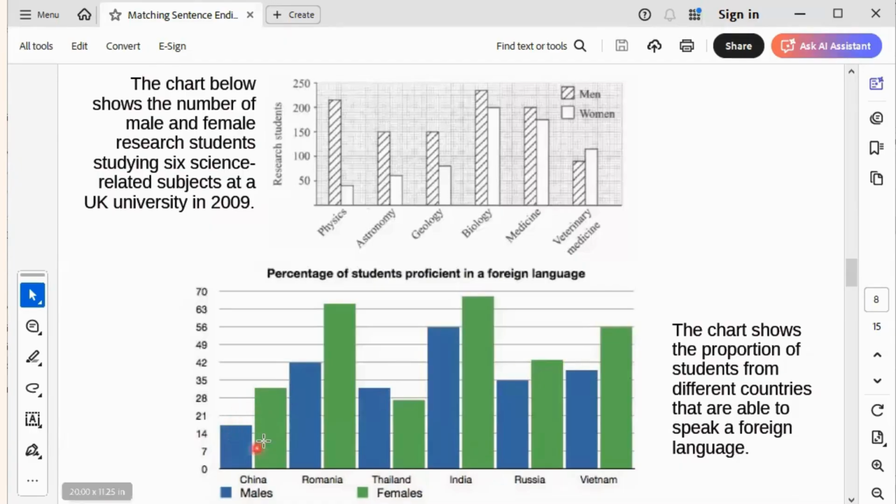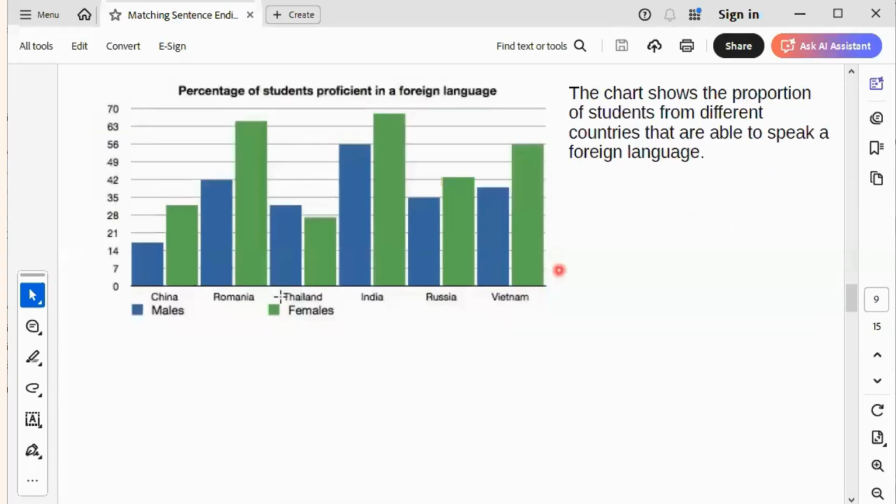So if I want to use the XYZ formula for China now, I want you to follow closely because I will give you classwork very soon. We are going to do the one for India. I'm going to do China. I'll do Romania. I will do Thailand. Then you do the rest. So you should follow me closely. If I want to write the data code for China, what I'm going to write is what? Let me write it out for you. So if I want to write for China, what I would say is that